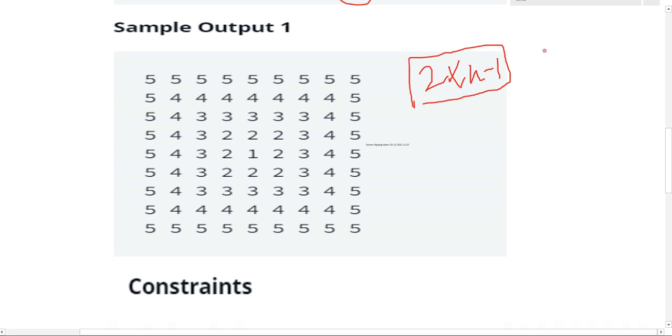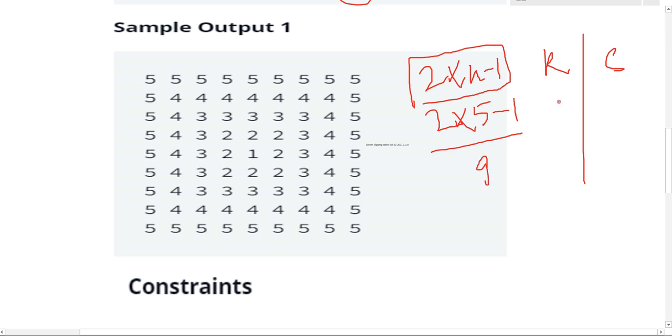So rows and columns: 2 into n, and n is 5. 5 minus 1, 2 into 5 minus 1 is 9. So we are getting 9 rows and 9 columns. Just count here: 1, 2, 3, 4, 5, 6, 7, 8, 9. And 1, 2, 3, 4, 5, 6, 7, 8, 9.